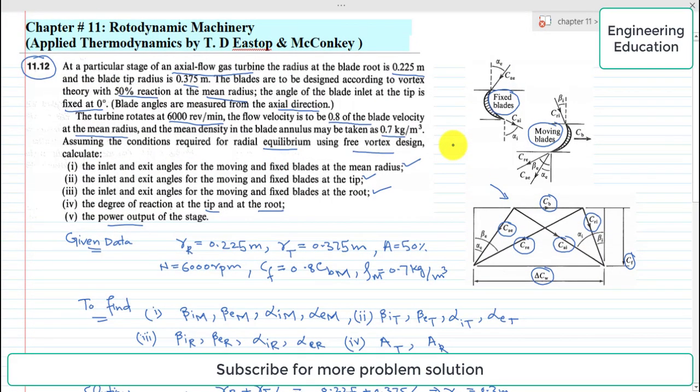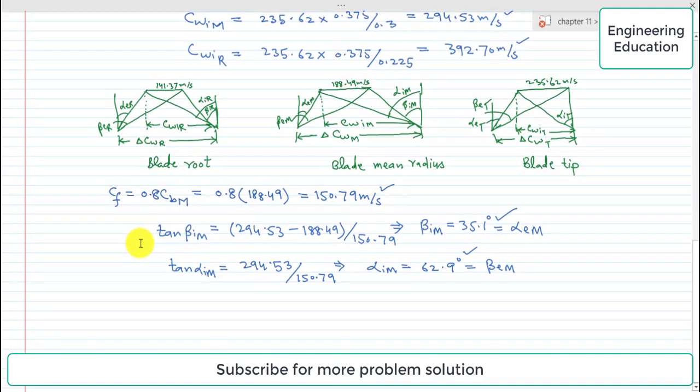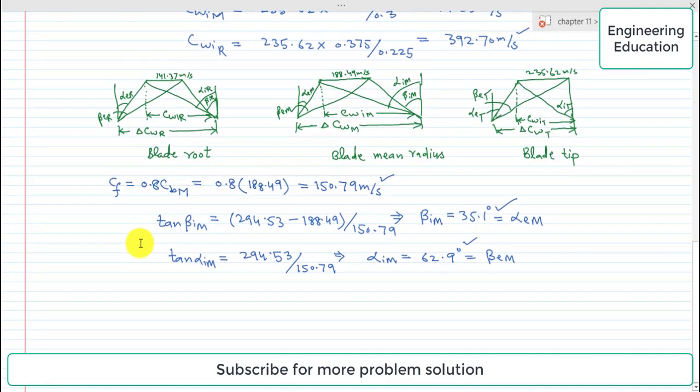We have to find first the inlet and exit angles for the moving and fixed blade at the mean radius. Now we are going to find the inlet and exit angles for the moving and fixed blades at the tip. So for that, again we will find some other missing things. So first, this is for part 1. For part 2 now